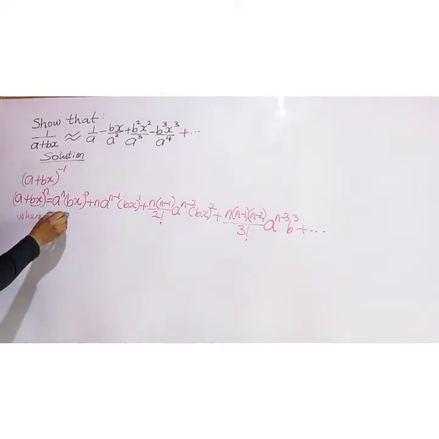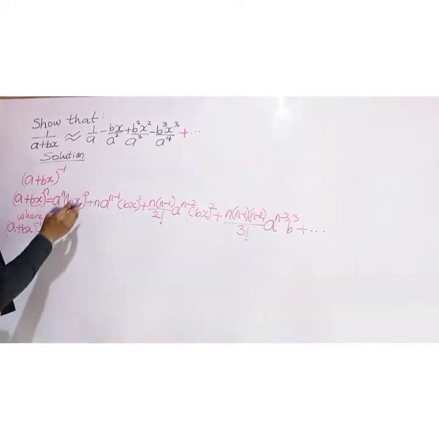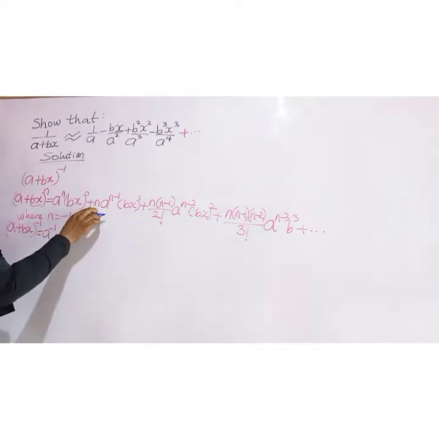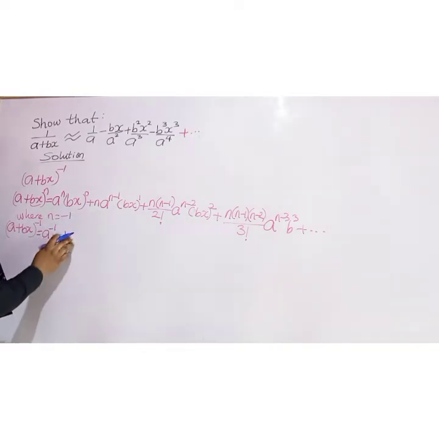Where n is equal to minus 1. So wherever we see n, we're going to put minus 1 there. So a plus bx raised to the power of minus 1 will now be equal to a raised to power minus 1. And any number raised to power 0 is 1, so you leave that one. Then wherever we see n, we put minus 1. So minus 1 times minus gives plus, the friend of my enemy will be my enemy. So minus 1, then multiply by a